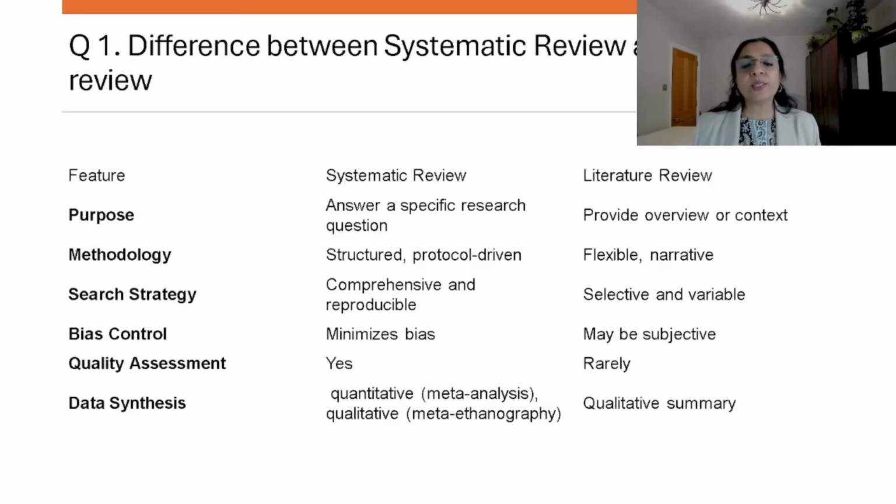Sometimes you will also see meta-analysis done in the context of literature review. But systematic review always stands apart because it is more systematic, it has a defined methodology, and it is described in detail how it is conducted. Hope this is clear to you.